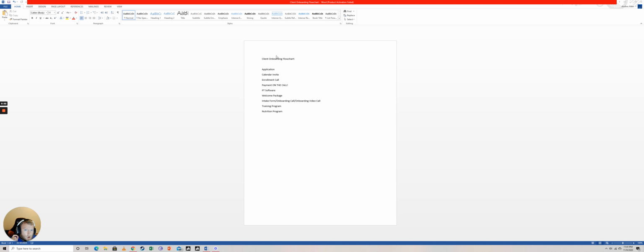So, all right, here's our flow chart. First we're going to start off with an application. So they're going to go ahead and apply to your coaching program, whether you send them the application in the DM or you have it in your bio and they're interested in your stuff enough and they're intrigued, they check out the bio, and they submit their application. Once you have their application, now you're going to shoot them a text or DM them back, and you're going to book that